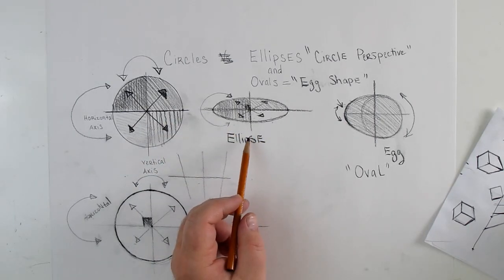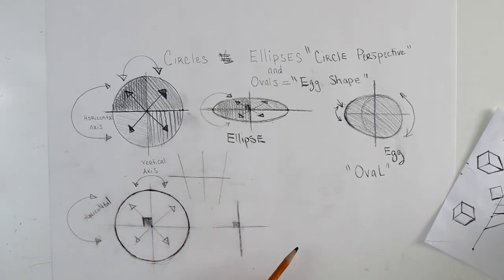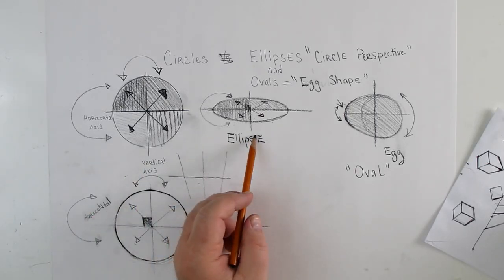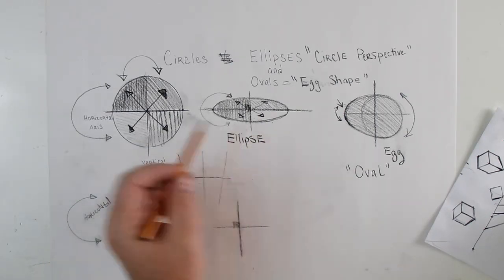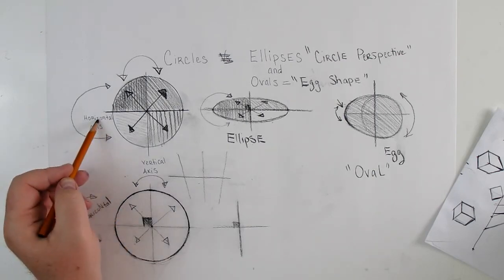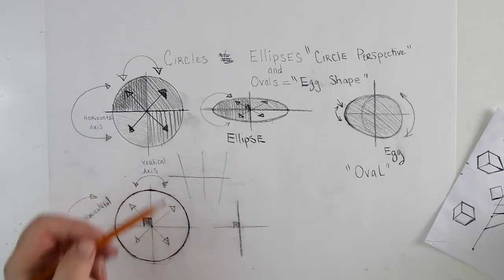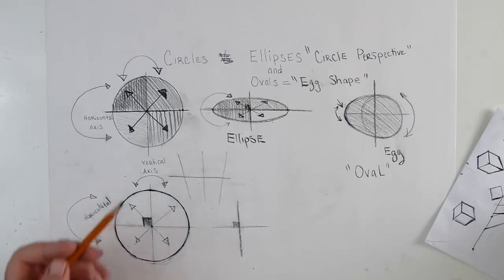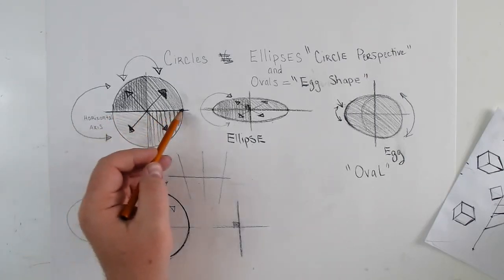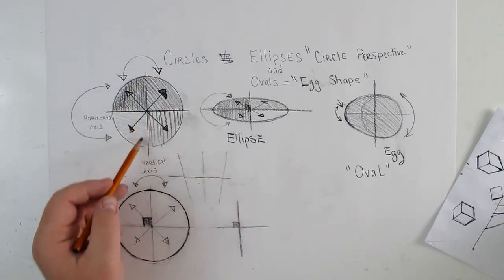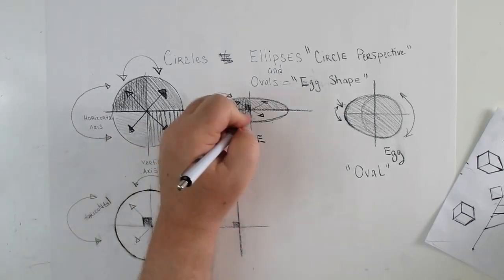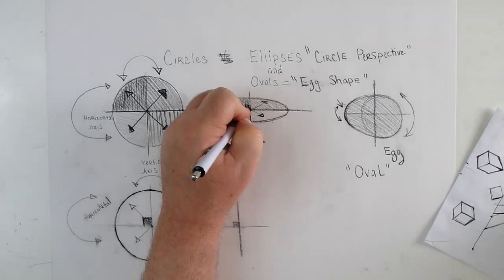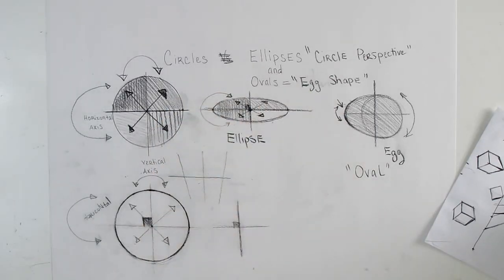So you've got our ellipse. So that's now a circle in perspective. And so now, by understanding we've got to have it symmetrical, the way we can check its symmetry is just like we used a horizontal axis and a vertical axis, in other words, a horizontal line and a vertical line. This passes through the middle horizontally, passes through the middle vertically, and we get a central point. Same thing happens here. This passes through, and this is so dark we probably can't see it, but I get a central point where those two